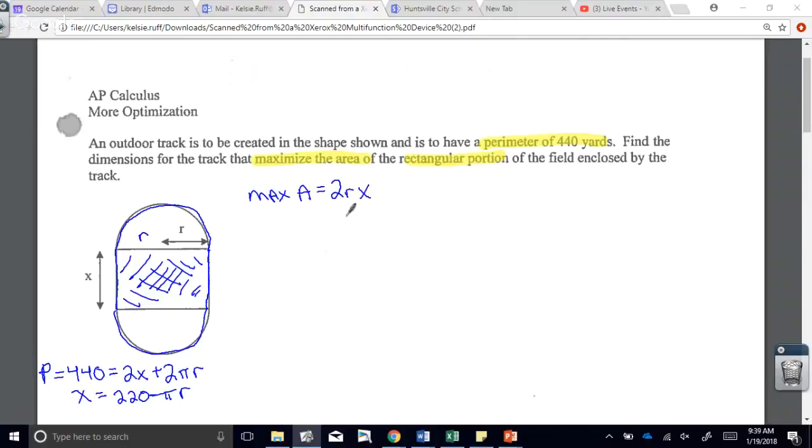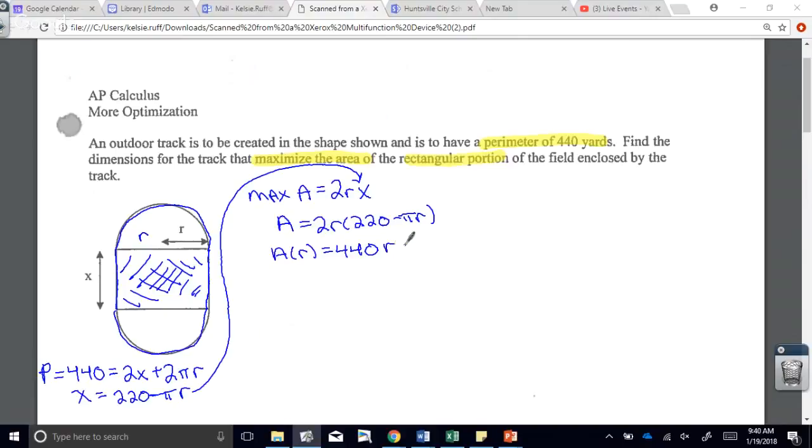or 2r x. If we try right now to take this derivative, we're going to have to use implicit differentiation techniques. And so instead, we're going to take what we know about x and plug it in so that everything is in terms of r. Area is 2r times 220 minus pi r. Area in terms of r is now equal to 440r minus 2 pi r